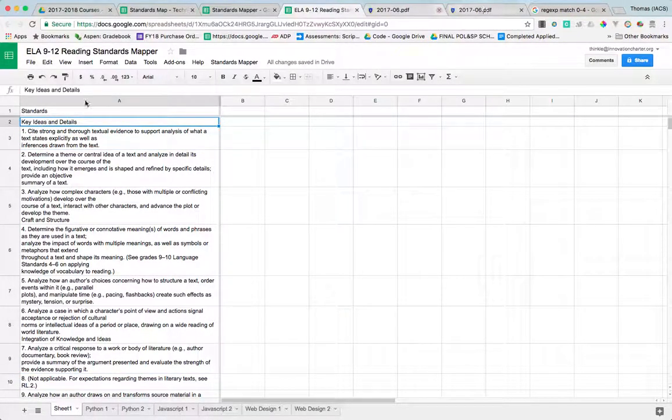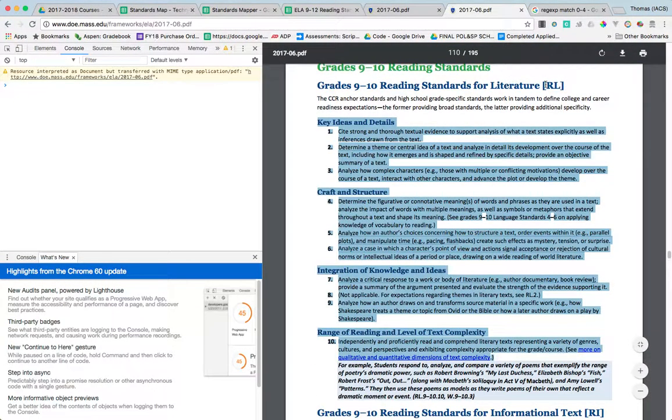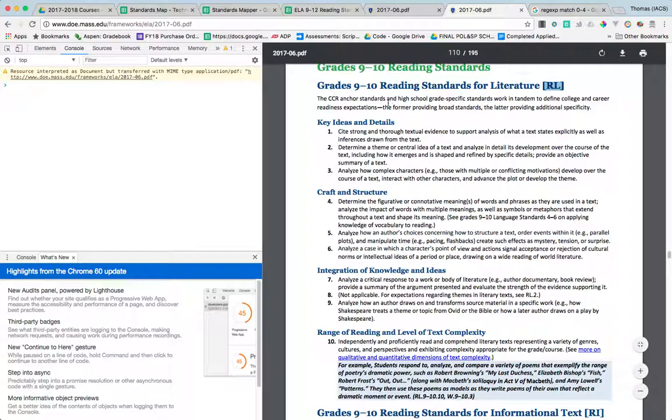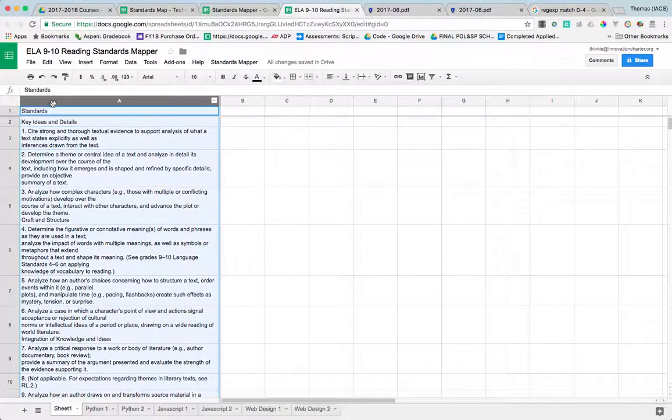In this case, the English standards don't include the whole standard code there, so these should be called RL1, RL2 for reading 9 to 12, reading and literature. Maybe they should be called 9-10 RL. So I'll, oops, this is 9 to 10. So I'm going to use